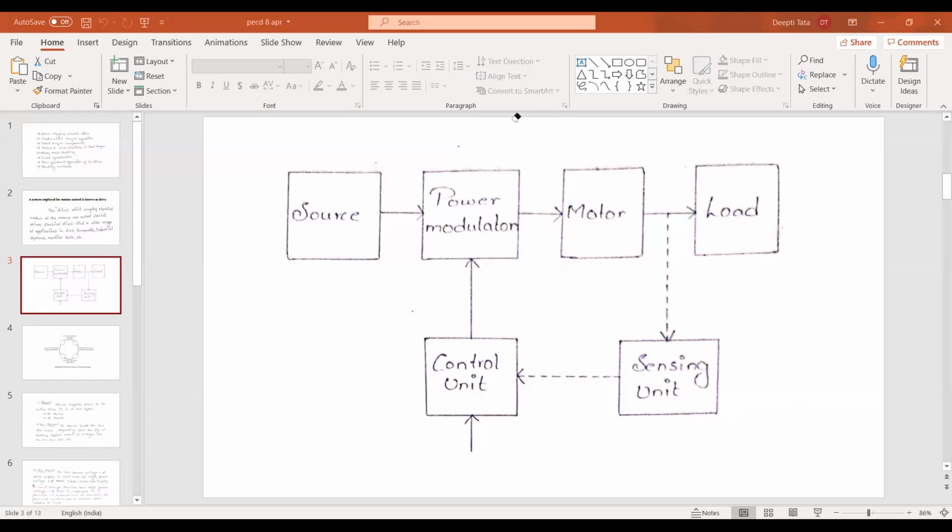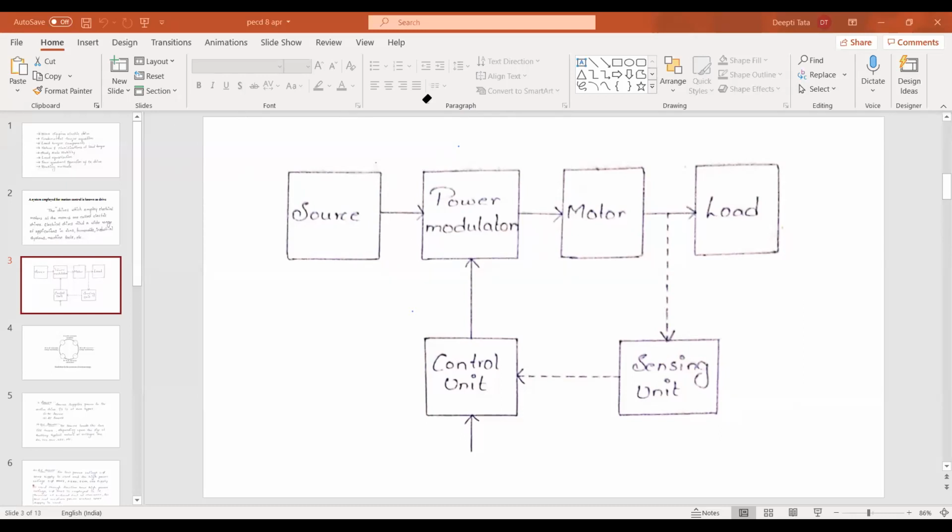Actually, listen. It is the block diagram of an electric drive, not a drive. That means by using all these elements, you can control the speed. That means you can change the speed according to your requirements. Now tell me, this is the only drive or at which part the drive is going to be connected here? Motor. Motor is the drive to you. Yes, ma'am. Okay, listen.